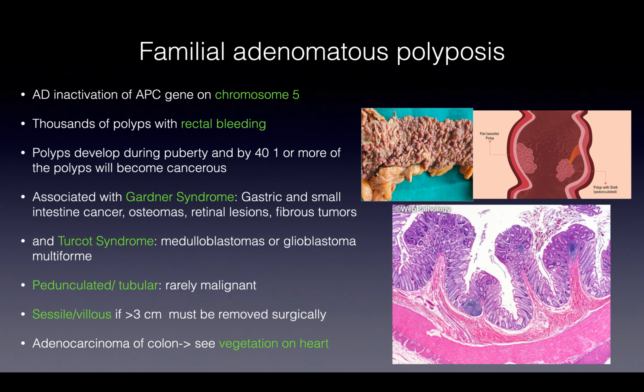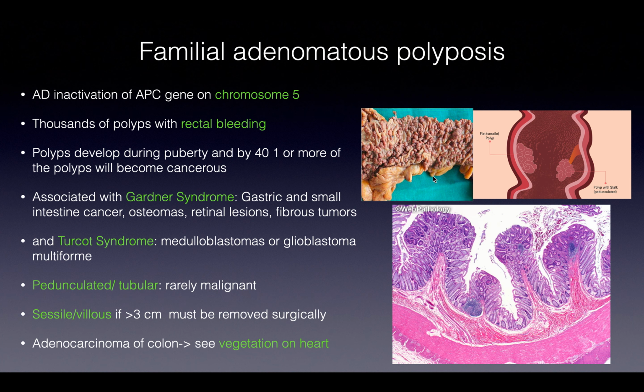So FAP, familial adenomatous polyposis, is going to be an autosomal dominant inactivation of the APC gene on chromosome number 5. There's going to be thousands and thousands of polyps, as you can see here. And it's associated with Gardner syndrome, where the gastric and small intestine have cancers, along with osteomas, retinal lesions, and fibrous tumors. It's also associated with Turcot syndrome, where there are